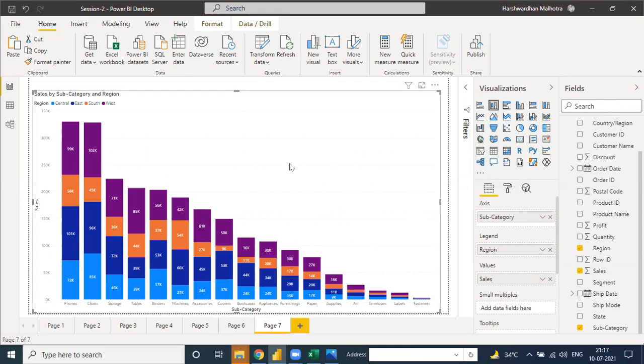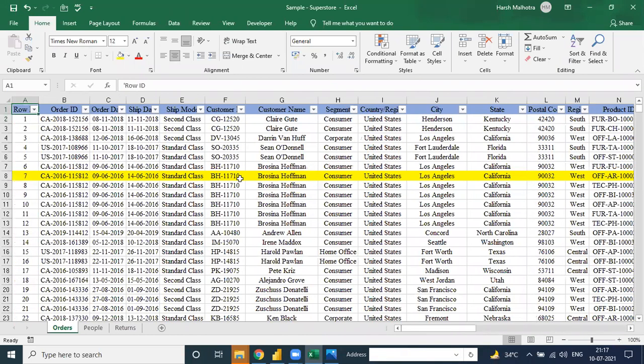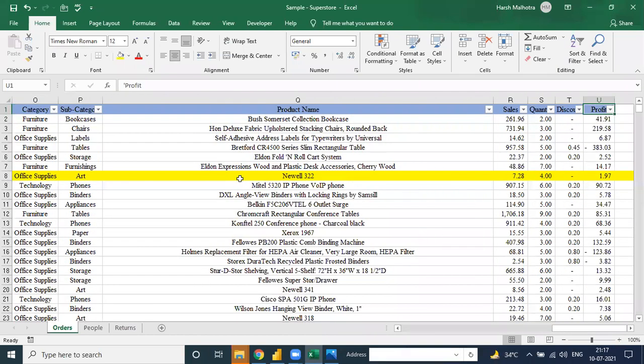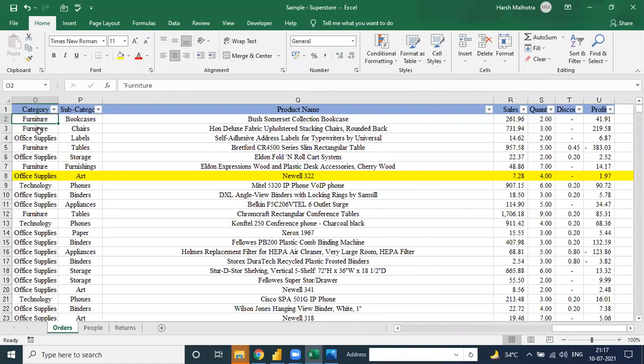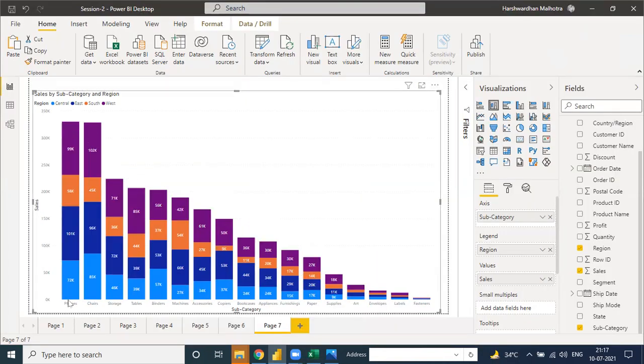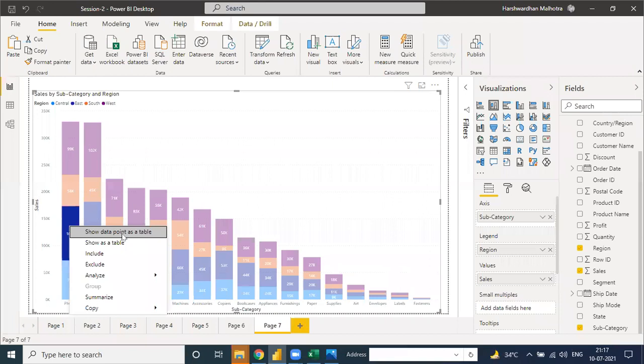So next is how to extract only the simple data. Like someone, your manager in the company, asks you to please provide the highest sales of category furniture. So as per your visualization, see, in the phone category, what is the highest sales? Is this one. Click here, right click, show data point as table.